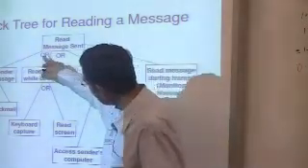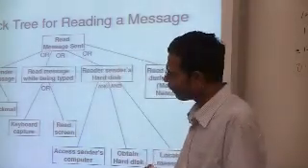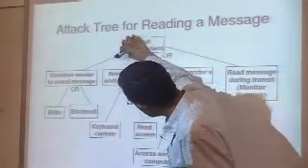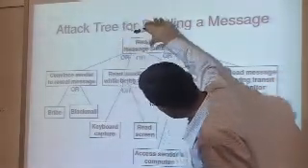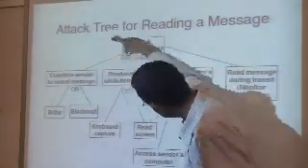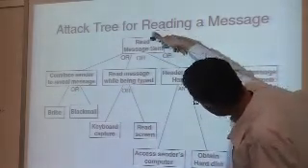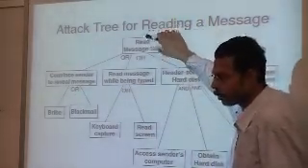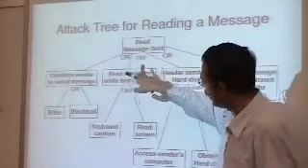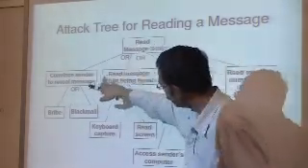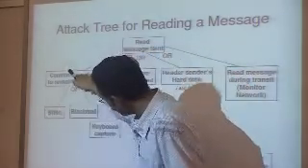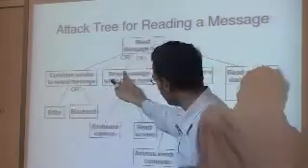Now you see here I have listed OR, and some AND. What does that mean? If it's an OR, you can go exclusively through one of these paths. Which means the read message attack, reading a message being sent, can be launched either this way, or this way, or this way, or this way. So this is the goal. This goal can be reached one of these four ways. And these are sub-goals. In order to reach this goal, you want to reach these sub-goals. And again, these sub-goals can be reached through this way or this way. Again, this way or this way.